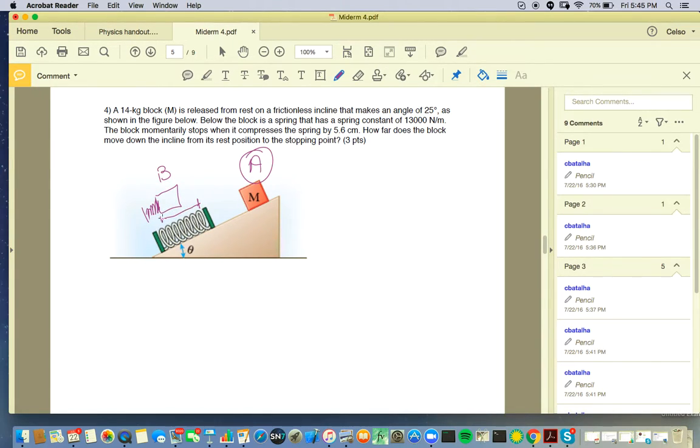Now you guys learned this a lot, right? So this is your del X for the spring. So let's read the problem. You have a block that has a mass of 14 kilograms. It's released from rest on a frictionless incline that makes an angle of 25 degrees. And the spring constant is given. The block momentarily stops when you compress the spring by